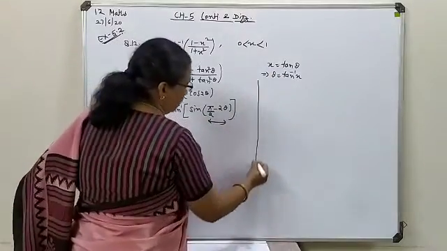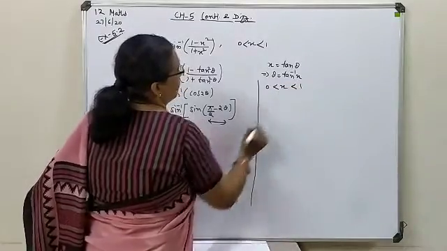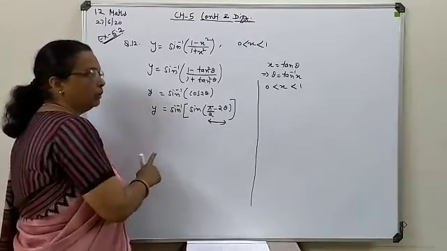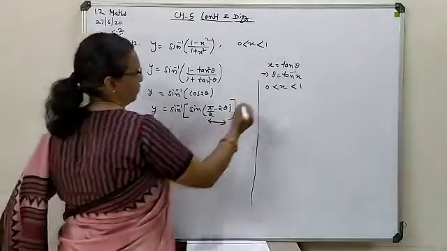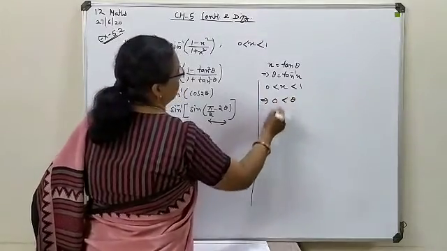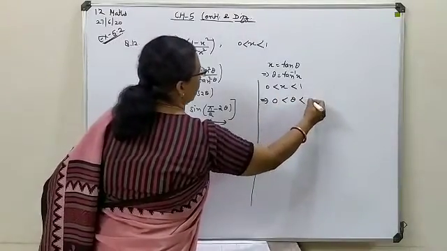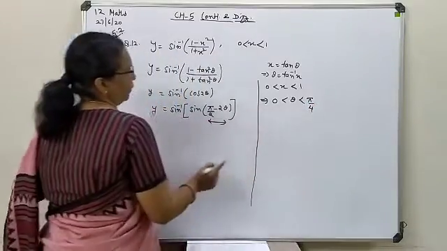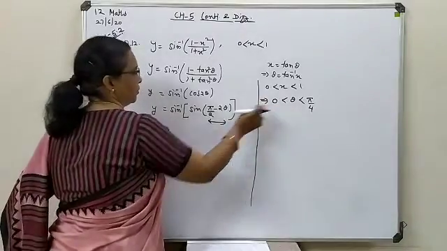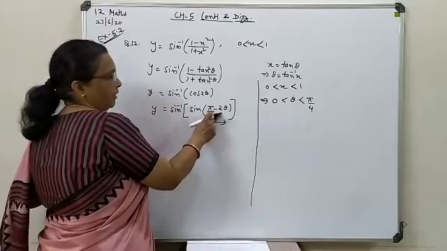So in your question, the range of x is given as 0 to 1. So with reference to that, you will change this x. With respect to this, 0, tan 0 is 0. This is your theta. 1 means the angle pi by 4. Now we have to generate this angle at the middle position, pi by 2 minus 2 theta. So first of all, we have to generate this 2 theta.